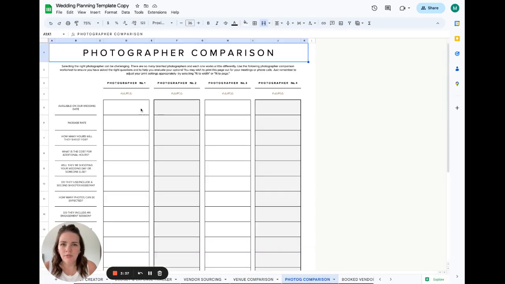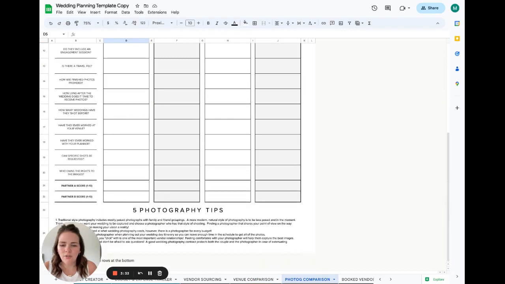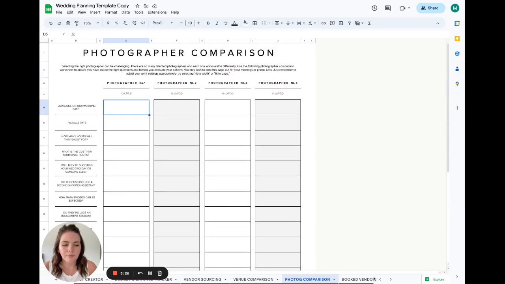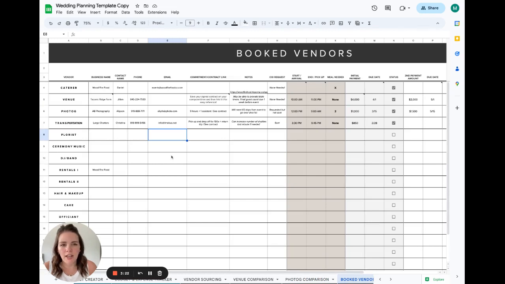And similarly with the photographer tab, there are some detailed questions that you should be asking your photographer. And there's also some tips here at the bottom for you to reference as well when it comes to wedding photography. Once you've actually booked a vendor for your wedding, you're going to want to add them to the booked